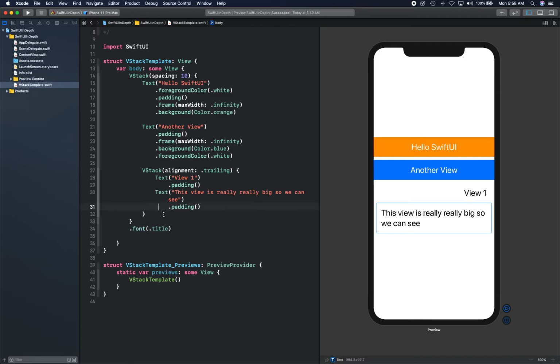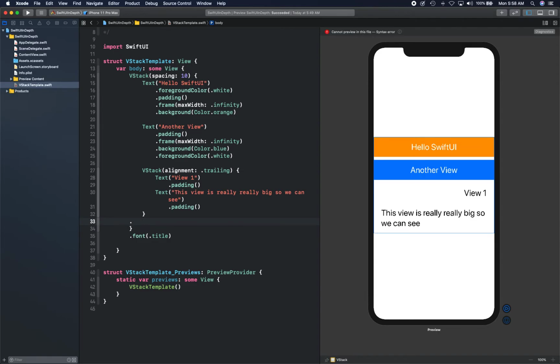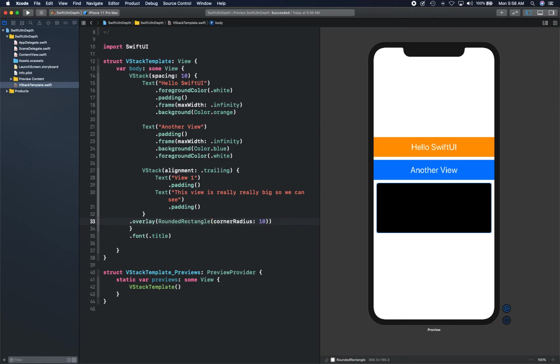Now you can actually use overlays, and you can draw a border around VStack as well. So say if I had an overlay of rounded rectangle, corner radius, not corner size, radius, and I would say 10. Now let's say your rectangle appears, as you can see, but you just want to stroke it out. You just want to have the stroke of the rectangle so it looks like a border for